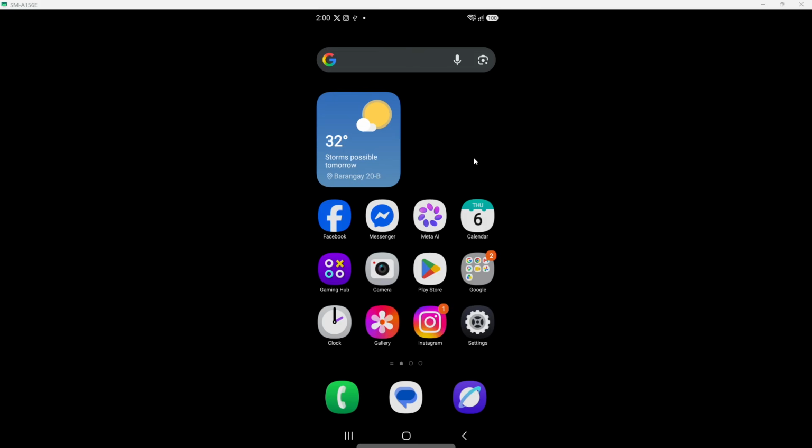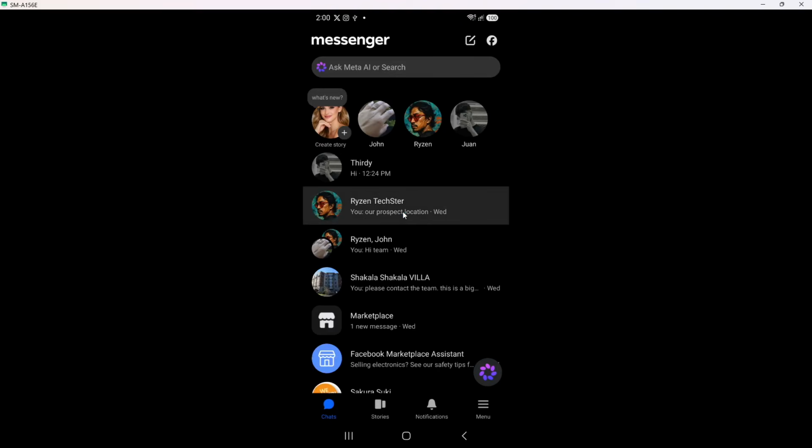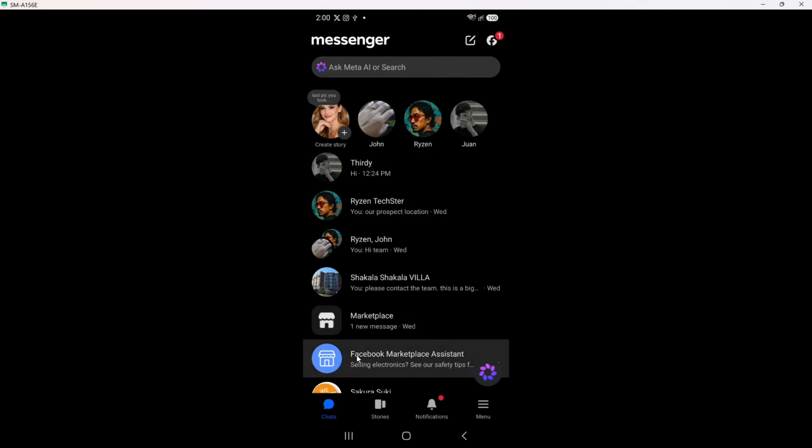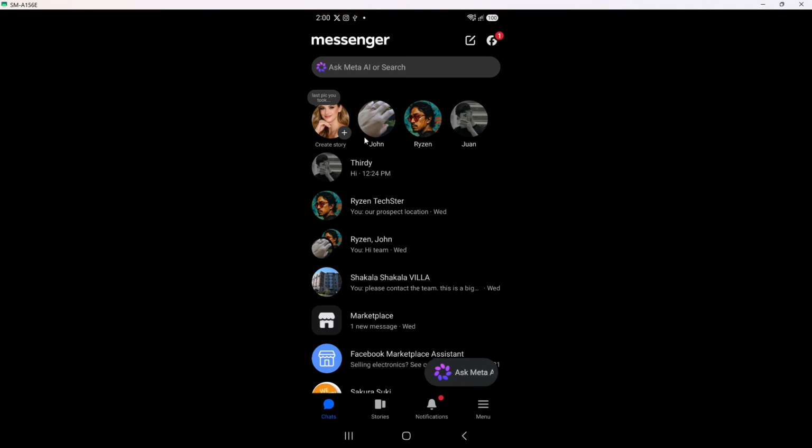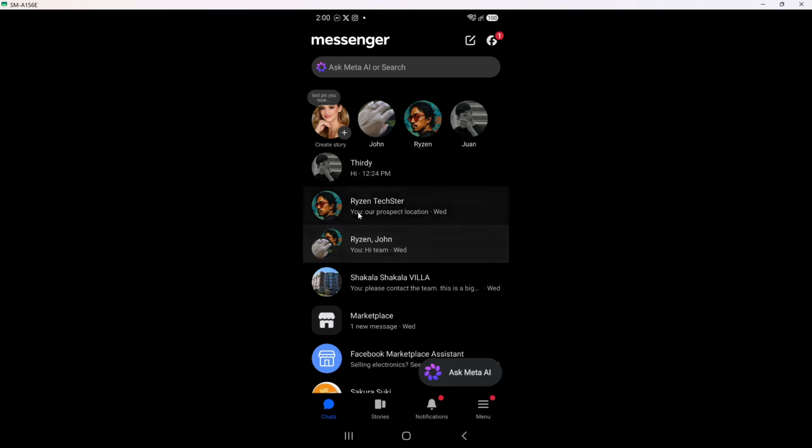To begin, open the Messenger app on your Android phone or iPhone. Look for the familiar blue and white chat bubble icon on your home screen or in your app drawer. Then tap it once. When the app opens, you should see your list of recent conversations, along with profile pictures on the left and message previews on the right. If Messenger asks you to sign in, make sure you are using the correct Facebook account before you move on.